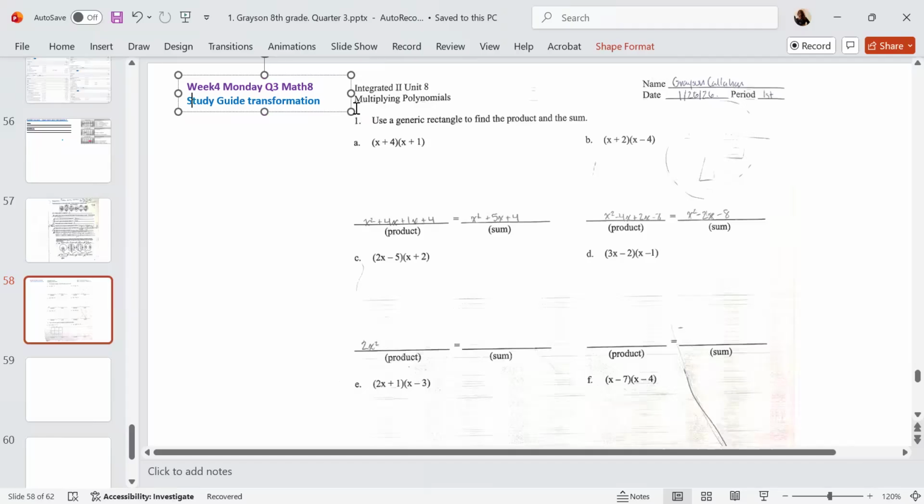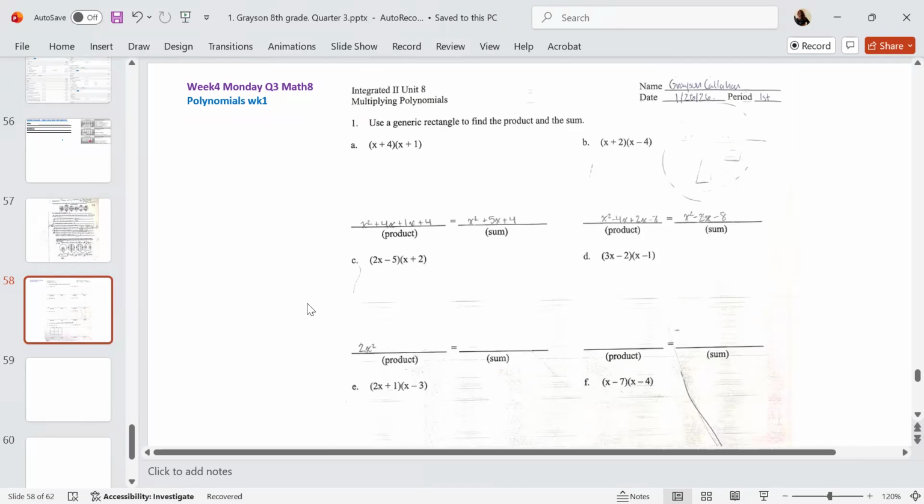All right, so this is for week 4, Monday, quarter 3. It is going to be on polynomials, right? And this is your week 1 of polynomials. All right, so looking at this right here,